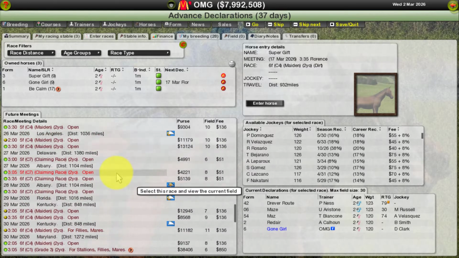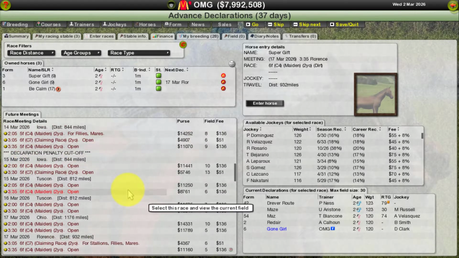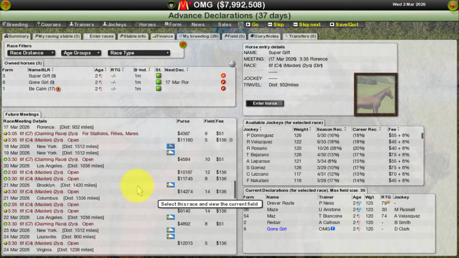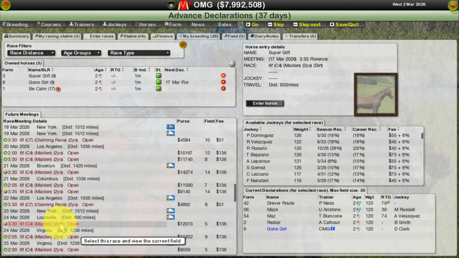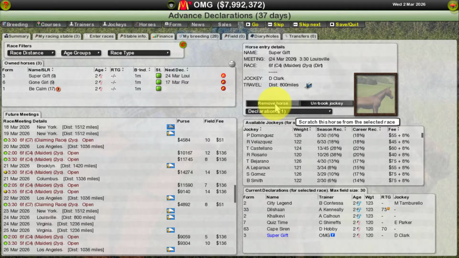Oh, okay, I think that picked us up from where we are. Let me just make sure I'm below the line. Okay, here's the declaration line. So anything after this. And again, this P just indicates that's where we have a horse in that race. Ooh, right here. It's only 800 miles away and there are only 5 horses registered in this race. A 73, a 70, and the rest are...